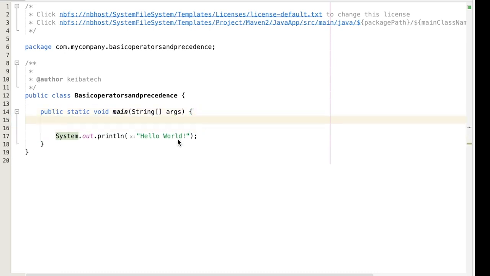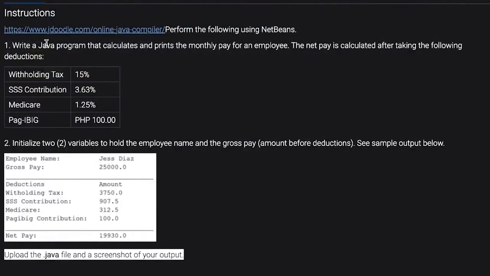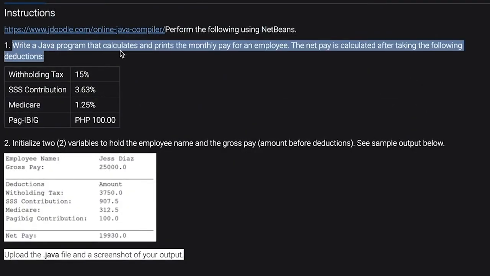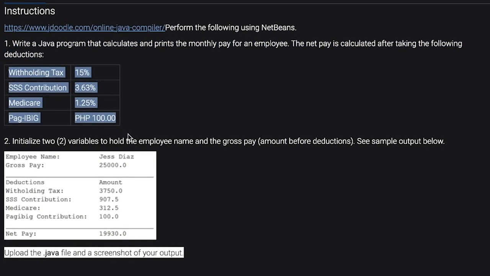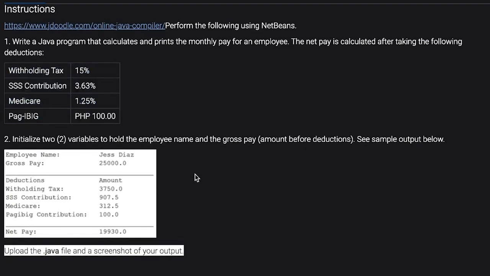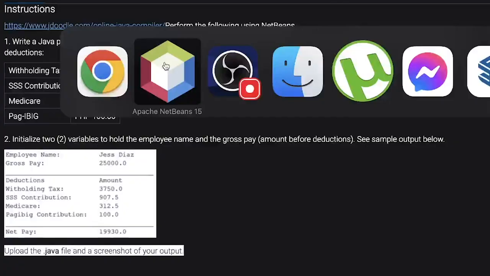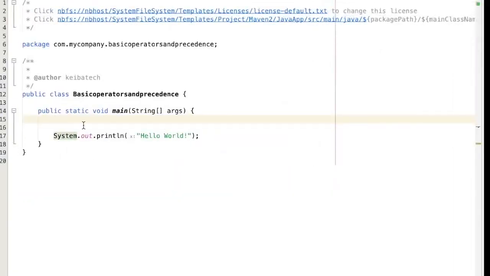Now we have a problem here, so let me show it to you guys. Write a Java program that calculates and prints monthly pay for an employee. The net pay is calculated after taking the following deductions. These deductions are only applicable in the Philippines. So this should be the output right here. There's the employee name, Jesse Diaz. Then we have gross pay, net pay, and a couple of variables. As you have noticed, there are a couple of decimal places. Therefore, we are going to deal with double and string. So first, we are going to